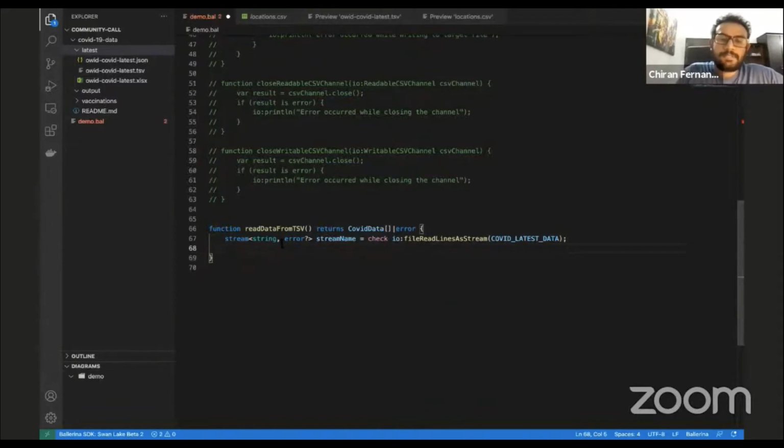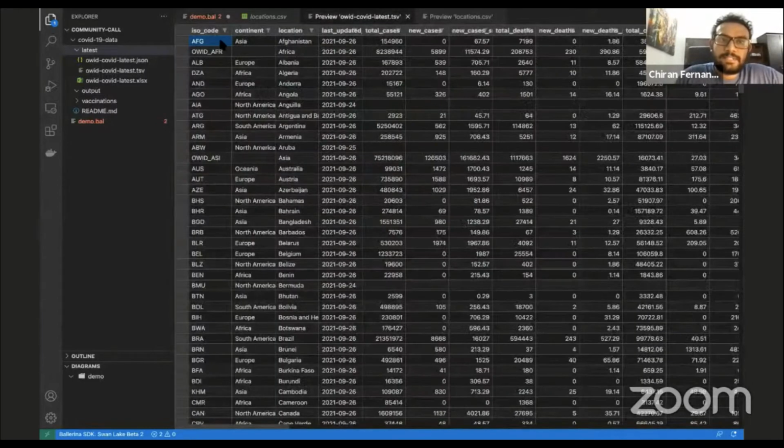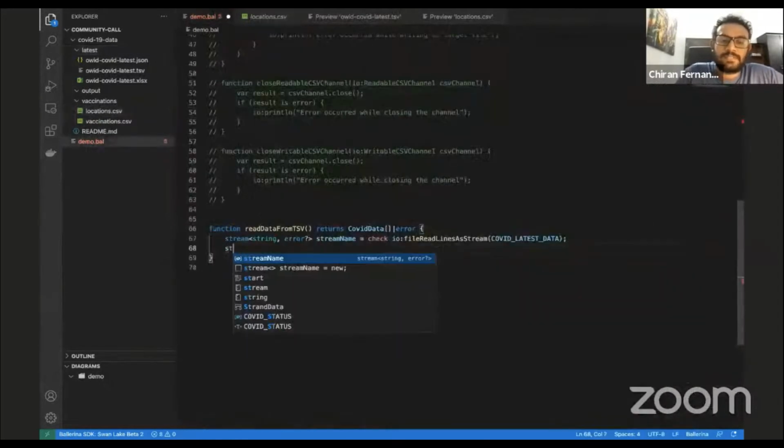Let's first, this stream would contain each line. Then we have to break down each line into a string array. That means each column's data should come into a string array, and we are creating a stream out of that. For that, let me create a